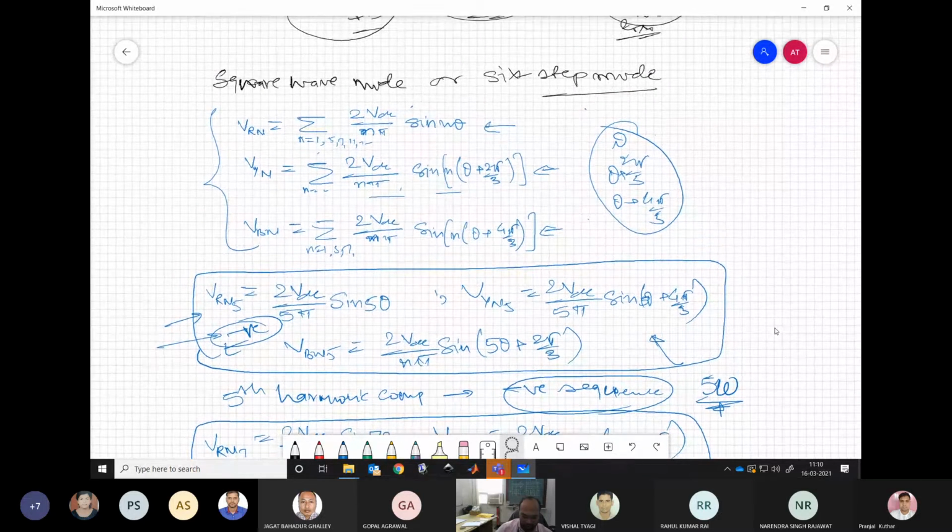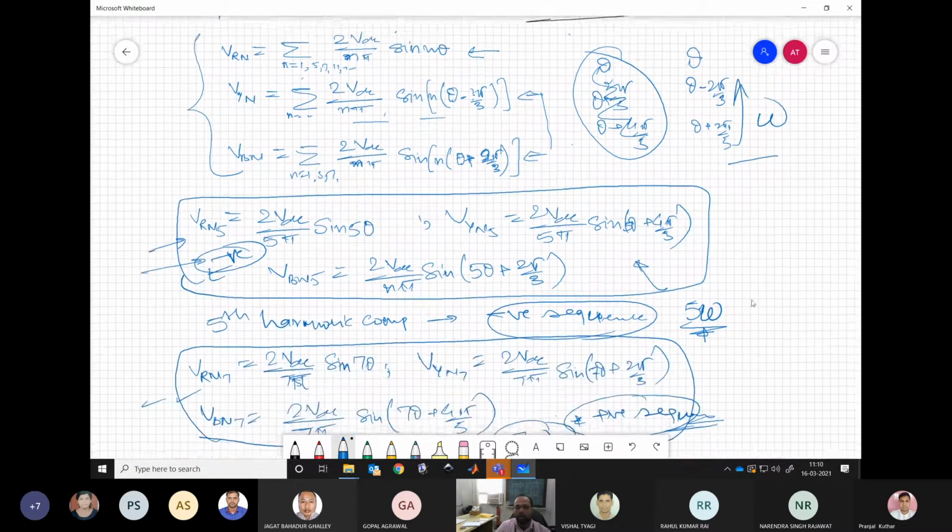So here one correction I would like to give. I have been mentioning this positive sequence as theta plus 2 pi by 3. So please note that this is theta minus 2 pi by 3 for Vy and theta plus 2 pi by 3 for the Vb. So this is the correct positive sequence. I made this mistake in the previous lecture. So this is not the thing. It's theta minus 2 pi by 3 and then theta plus 2 pi by 3. So this is the positive sequence which is rotating at this omega synchronous frequency in counterclockwise direction.